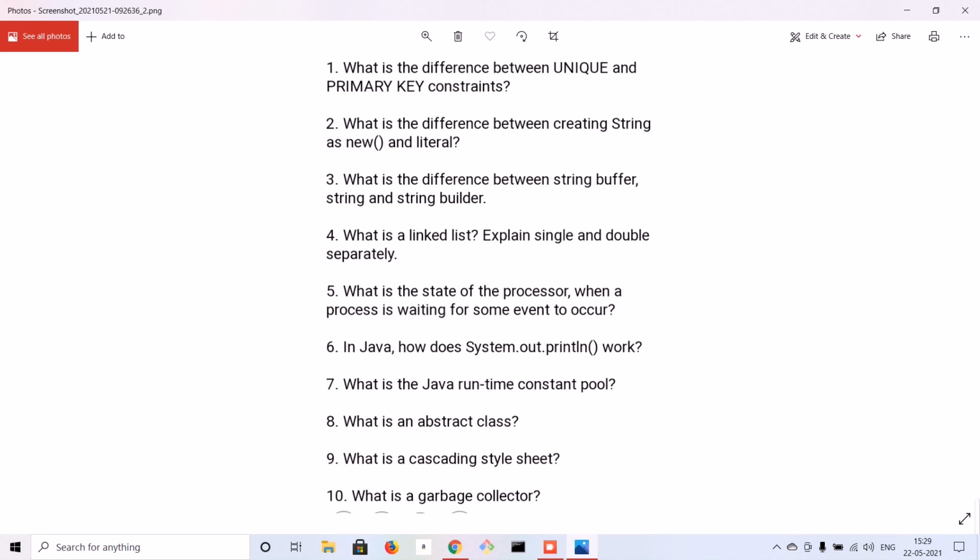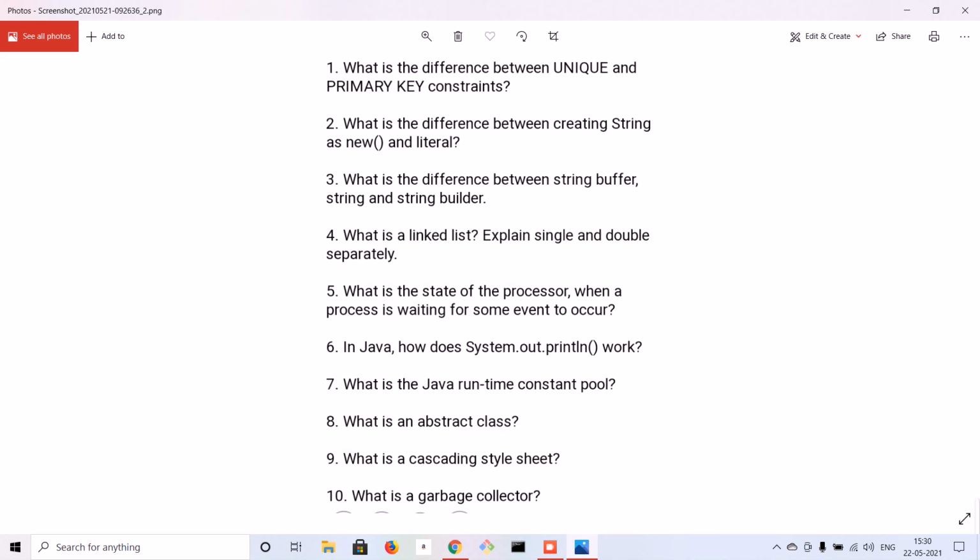I answered these questions like this: in a database table you have columns, and if you want to uniquely identify any row, you need one column or two columns. Whatever columns you have, if you are able to uniquely identify one particular row from the table, that is where the candidate key or unique key comes into the picture, and there is the primary key. Both are used to uniquely pick a row from the table.